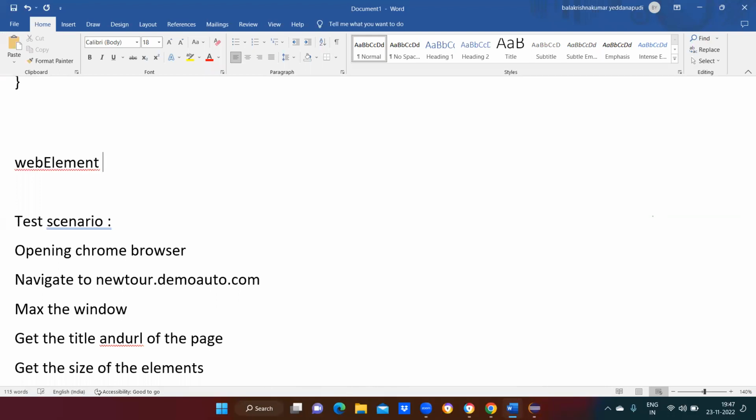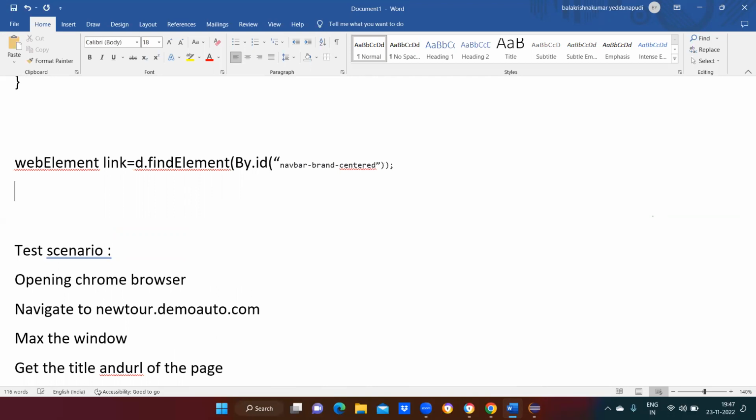WebElement some link equal to d.findElement(By.id). Okay? By.id, semicolon. That's all. Now I'm going to write List<WebElement> some links equal to link dot, and write